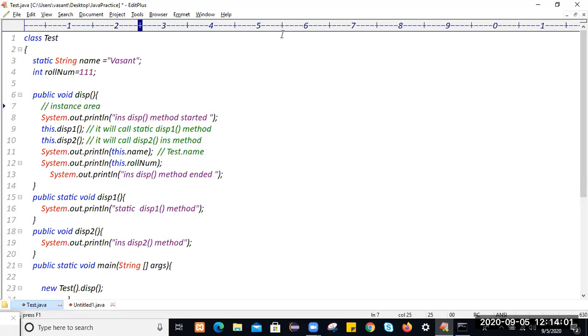Okay. Write this application. So this is how we can use this keyword to call, but only within instance area.